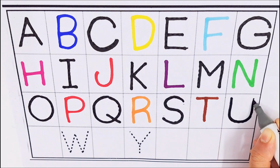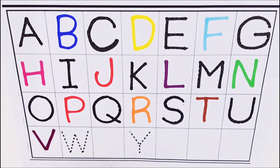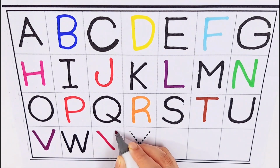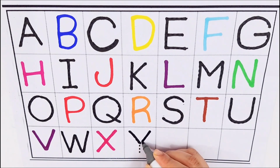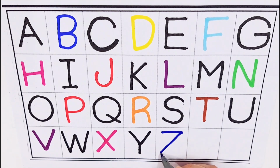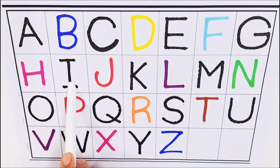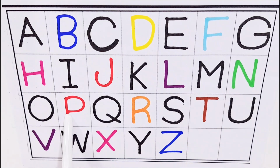U for universe. V for violin. W for water. X for X-ray. Y for yolk. Z for zipper. A B C D E F G H I J K L M N O P Q